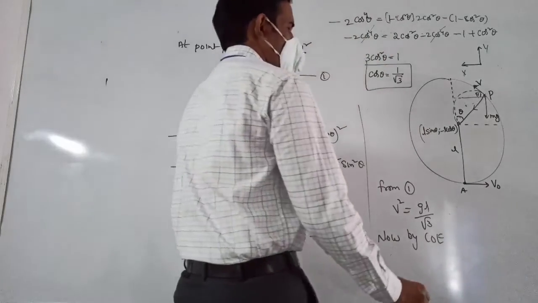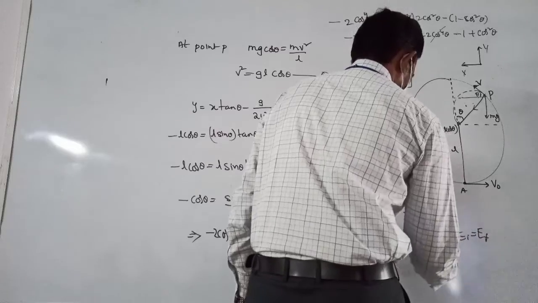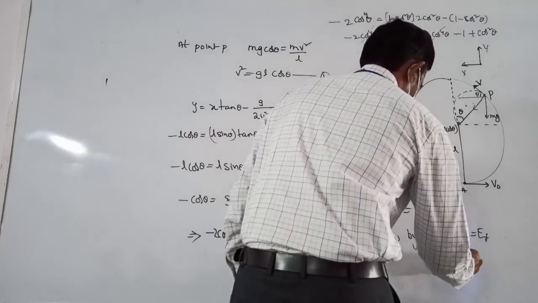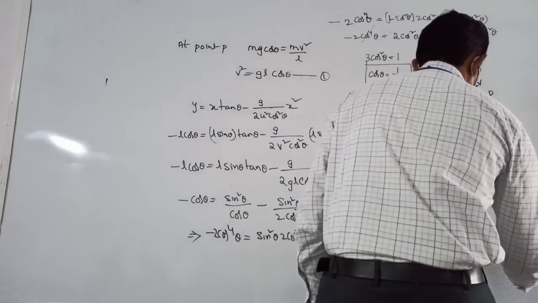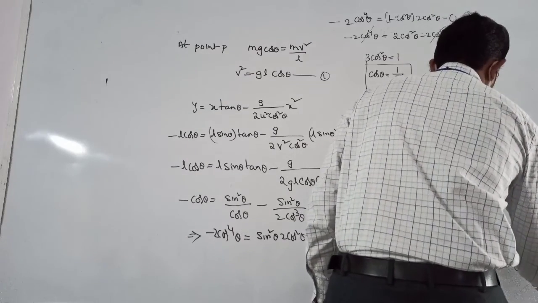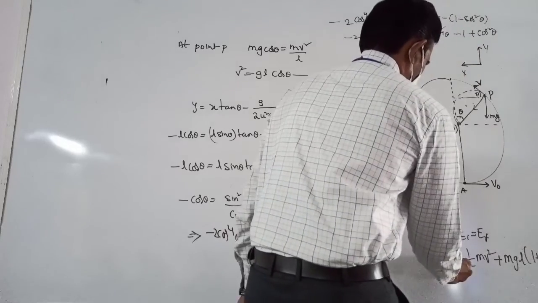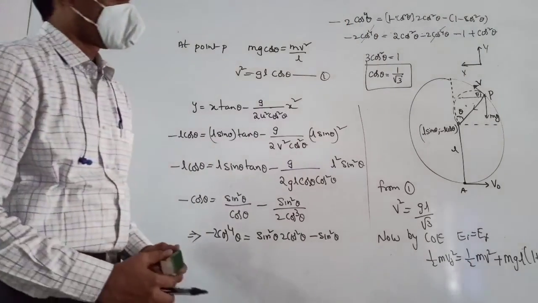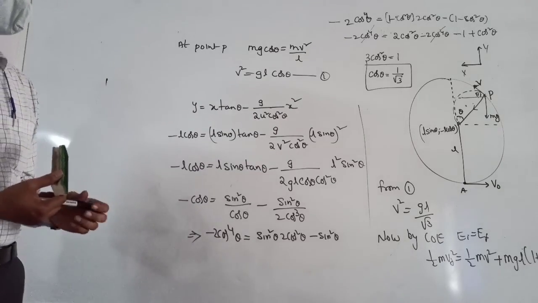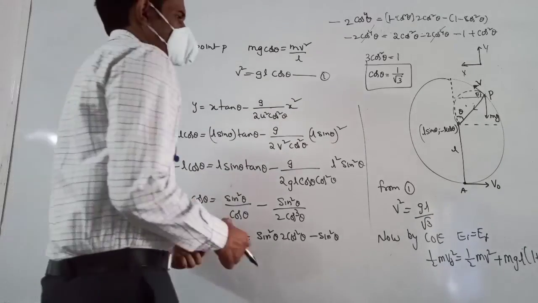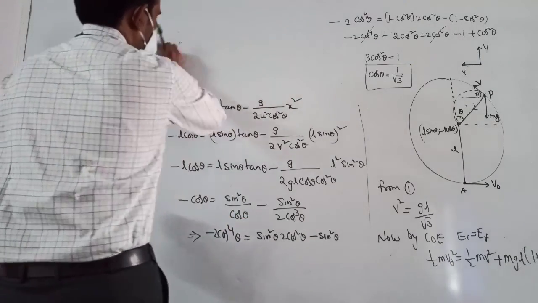Half m v naught square is equal to half m v square plus mgL of 1 plus cos theta. Substitute those values and then find the v naught value. So how much will you get? V naught value is root of gL of